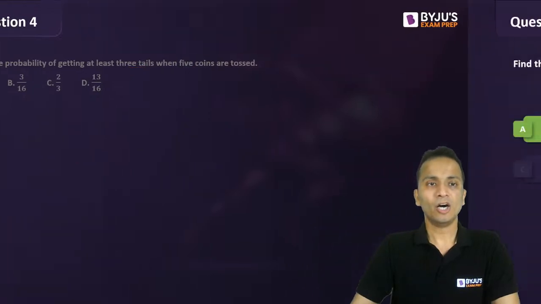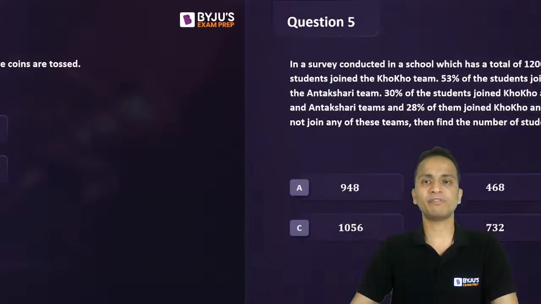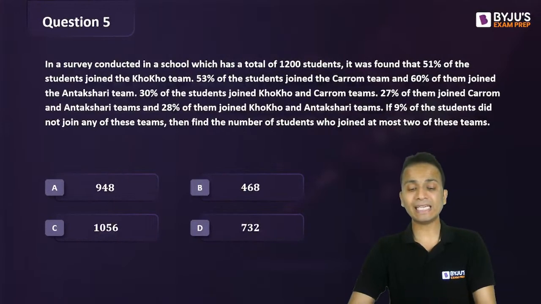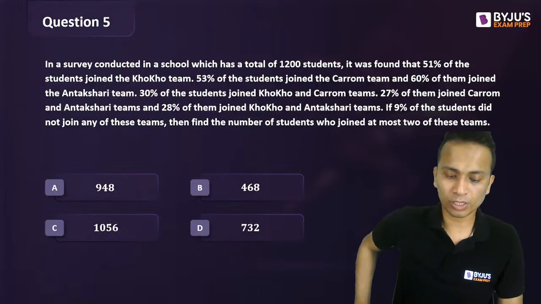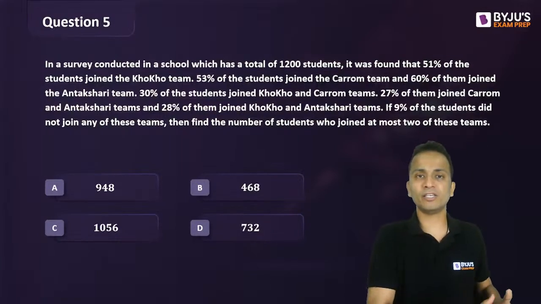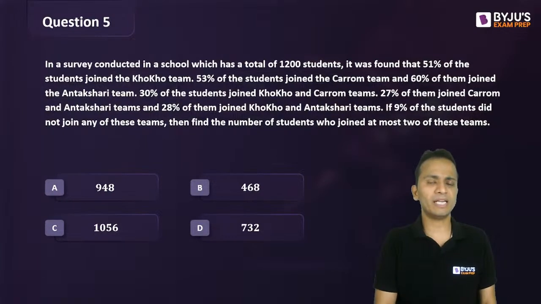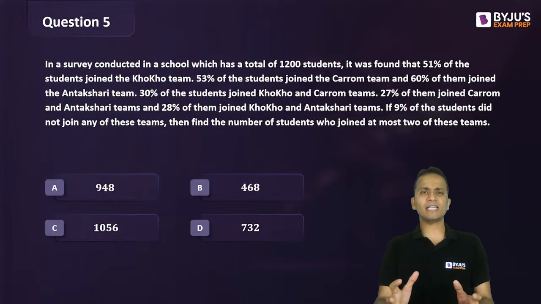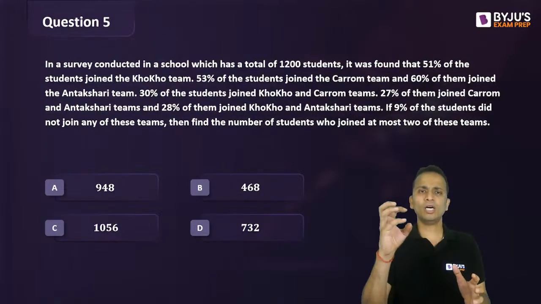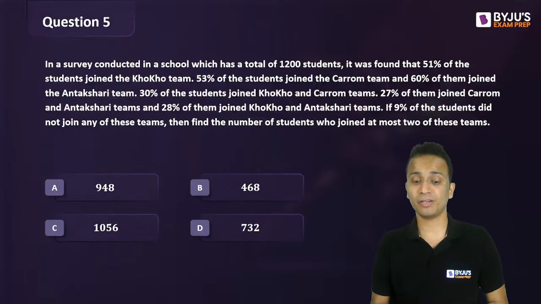Okay, all right. So next question, question number 5. Question number 5, a slightly lengthy question, but the formula that is going to be used for this, we have covered it in today's lecture in the concepts. So make sure that you are using the formula correctly and finding the correct answer. Okay, I'll give you some time because you need to read a lot, but whatever story is written, that is not helpful. You just need to look at the numbers which are given.